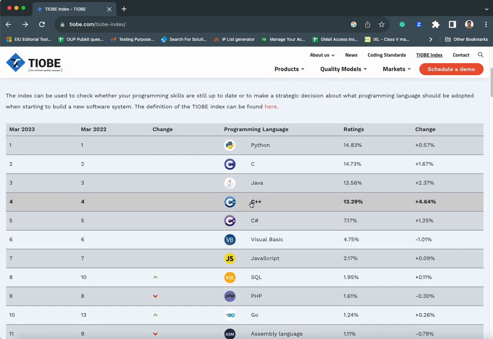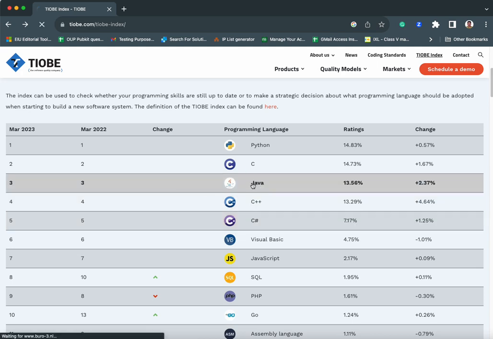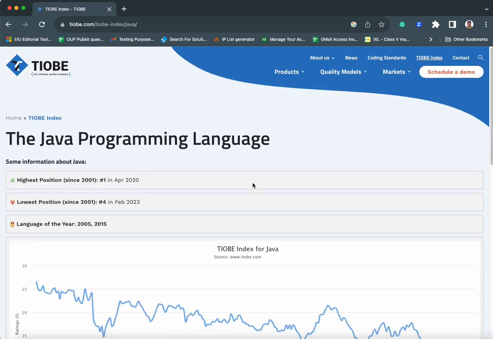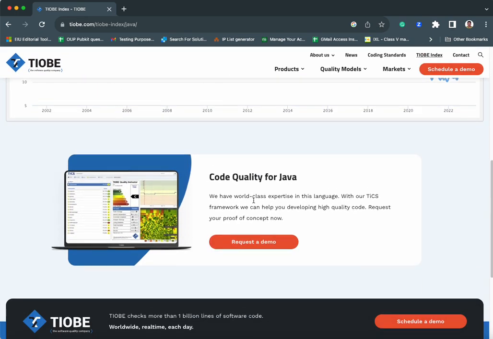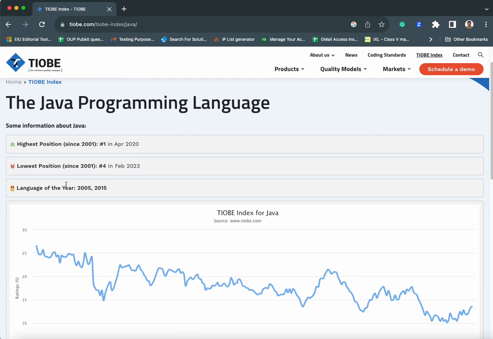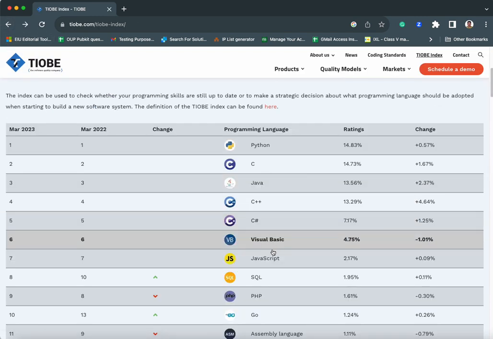Notably, you see C++, of course, in fourth place, C sharp in fifth place. Just go and see Java, because for the last 20 years, Java was in first place for many years. Today, Python is number 1, right? So Java was in first place for at least 10 years continually, yearly. But after Python growing, and especially the JavaScript growth, Java is really declining comparatively, but I promise you, Java is